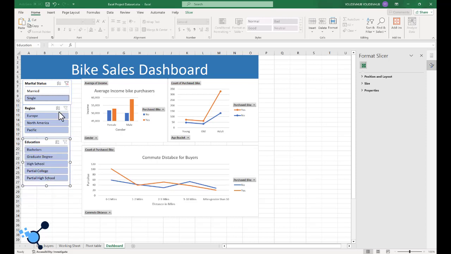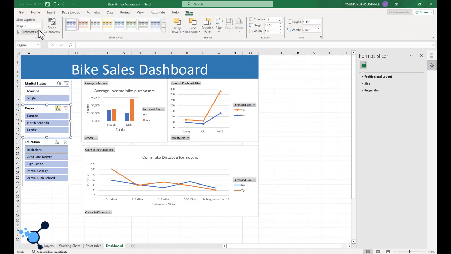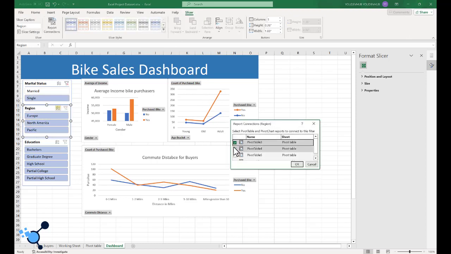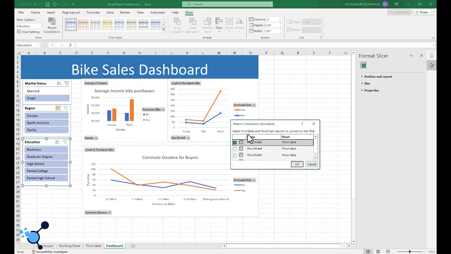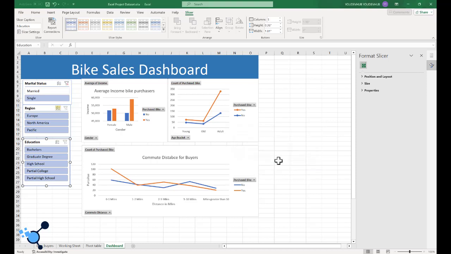And now, just like we did before, we click on it, come to slicer, come to report connection, select all, and connect all. We also come to this one too, report connection, select all the pivot tables we work with, and click on OK, so that we can check, okay, who are those that have